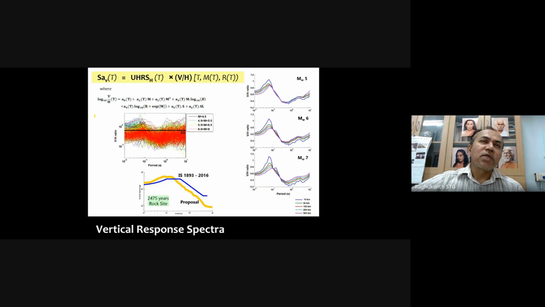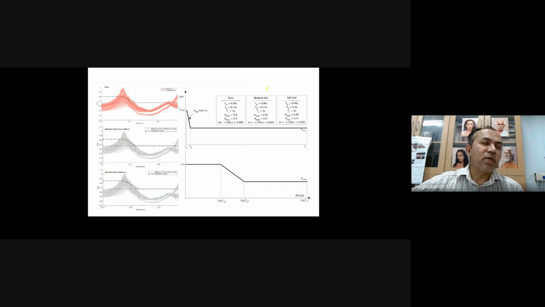Now, another thing we proposed in the IS code was the vertical component. As I already showed you in the starting, for New Zealand you see verticals are higher than the horizontal. The old code was giving two-thirds. For the vertical spectrum, essentially for tall buildings and others, it was given as two-thirds of the horizontal PGA. Since we have all the data in India, we estimated these V by H ratios for the Indo-Gangetic region, using all the Indian strong motion data. We observed that two-thirds was not constant and was slightly underestimating at some time periods. So we have proposed three lines.